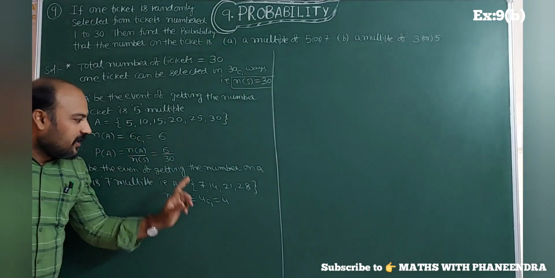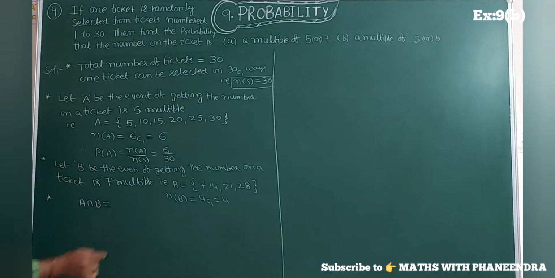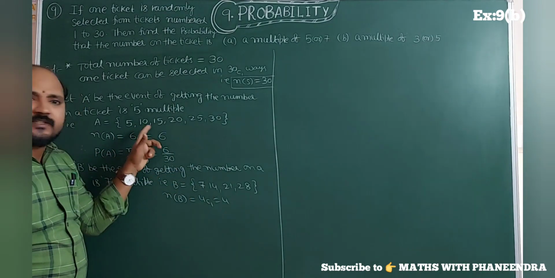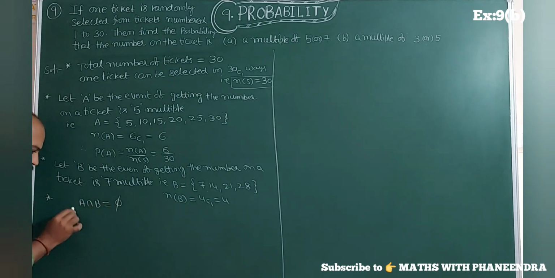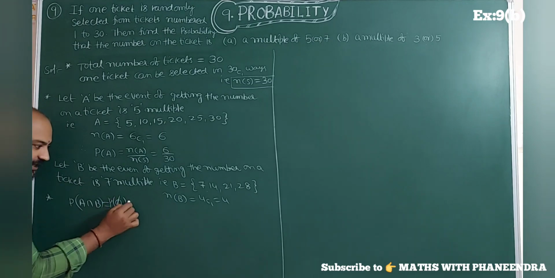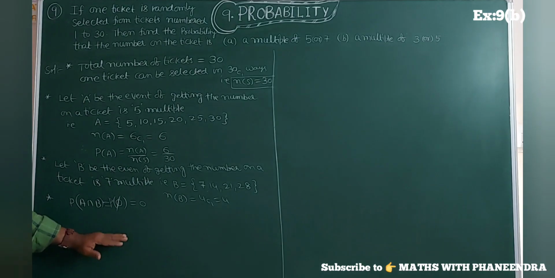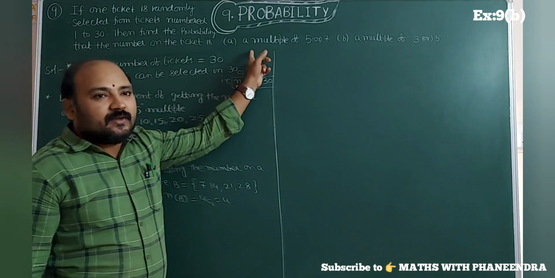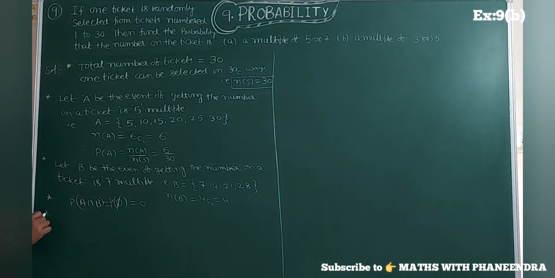Is there any common number between A and B? A intersection B. There is no common element in these two sets. So, by taking probability on both sides, P of A intersection B is equal to P of phi, the probability of the null set, which is always 0. After completing this step, they are asking for a multiple of 5 or 7. Therefore, the required probability